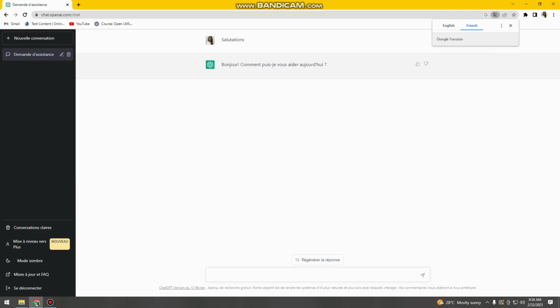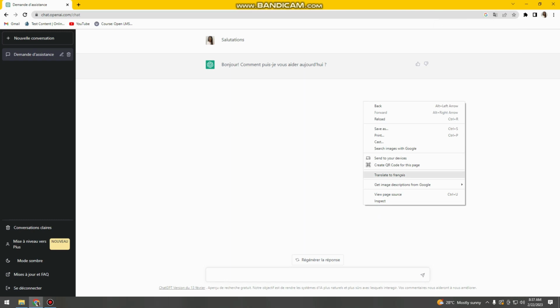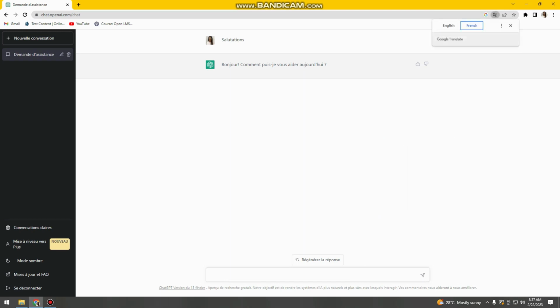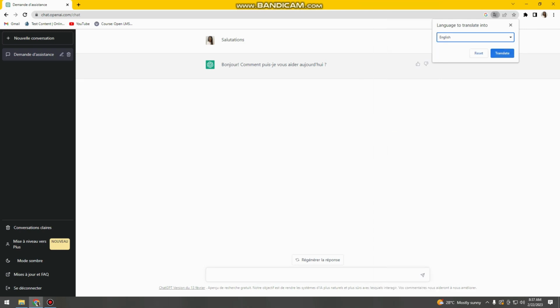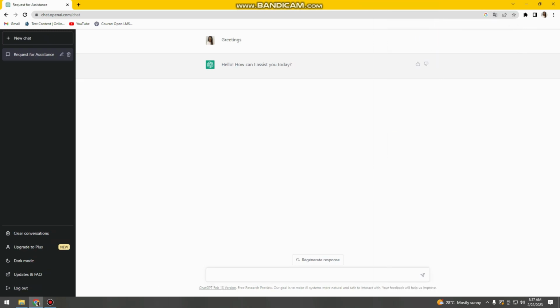And if you want to change it to the original language, you just need to do the steps again. Right click, translate, then go to the translate options, choose another language, then the drop down button, then I'm going to choose English, then click translate, and there you have it. Your language is now changed,